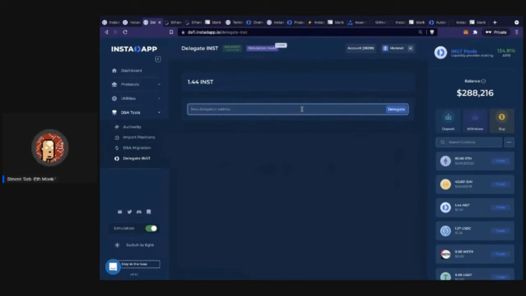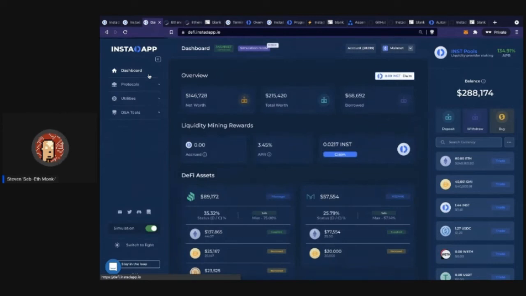And that is sort of the overview of the interface of Instadapp. And now I'm going to show you a little bit more of the technical stuff. But essentially, a lot of what I'm going to show you on these other pages, you can actually do here as well. It just looks different. So let's bring you to our framework. So all the strategies that you see, let's say on here,